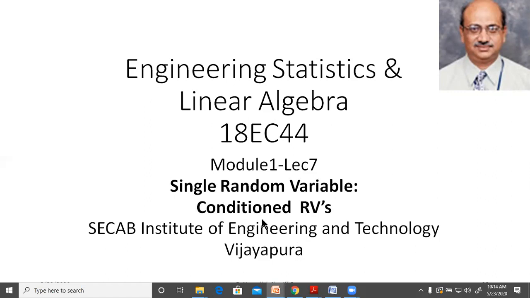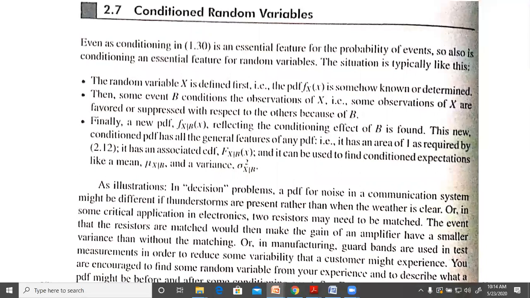Conditional just means that we have taken conditional probability. Similar to the conditional probability, we have conditioned random variables, or we can say conditional random variables, whatever you call it, right? So similar to the probability of events, where we considered the conditional probability, we also have the conditioning of the